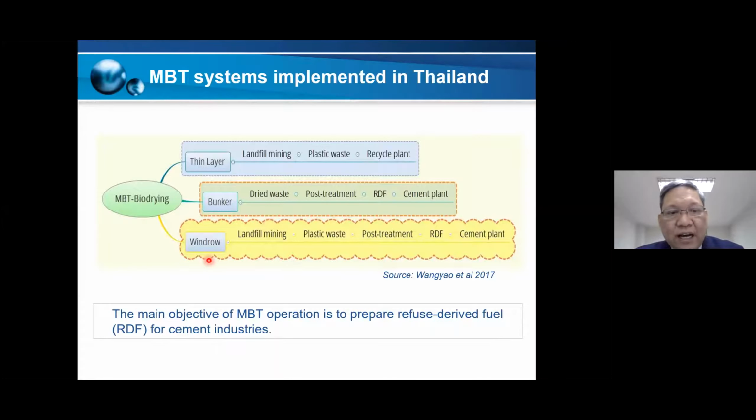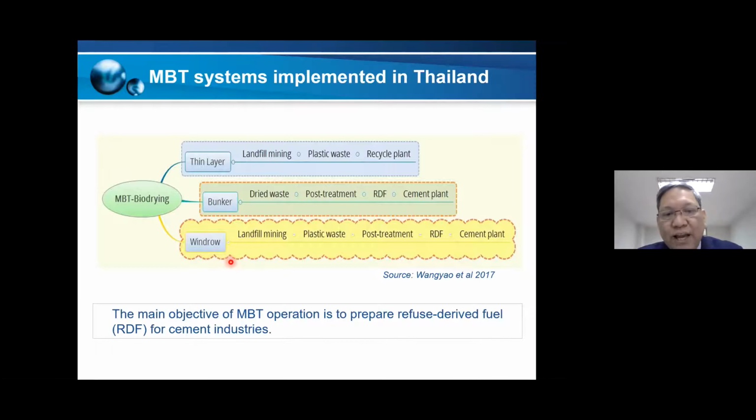The first one we call windrow type, and this is an adaptation from the system that has been employed for waste stabilization of municipal solid waste, but later on slightly shifted toward the production of RDF. In this windrow MBT, we start with the waste stabilization,